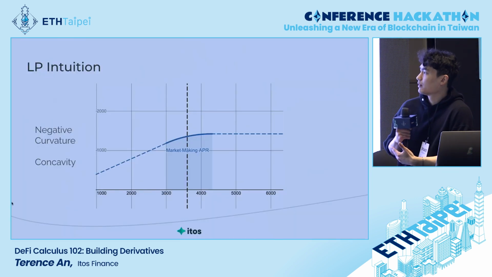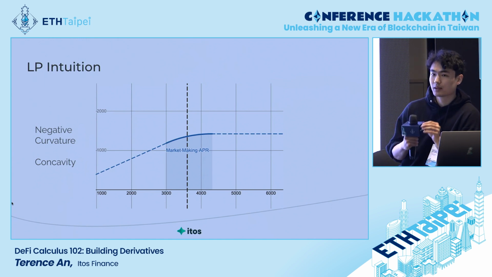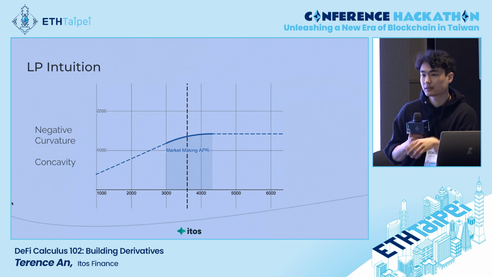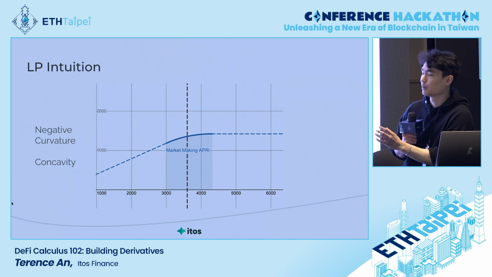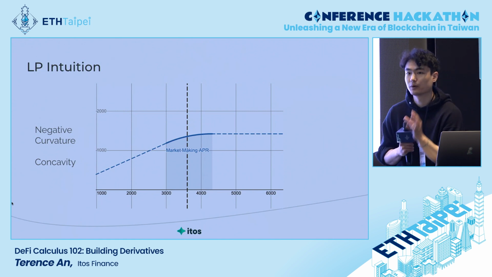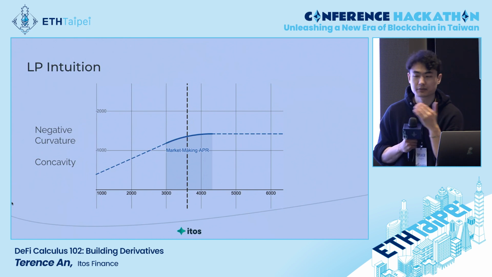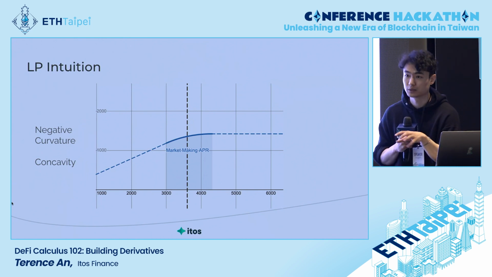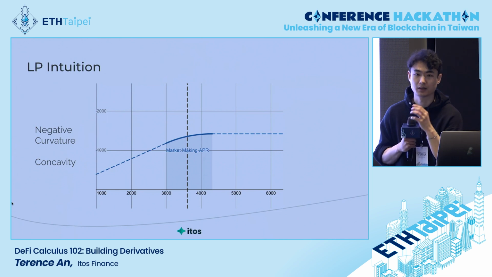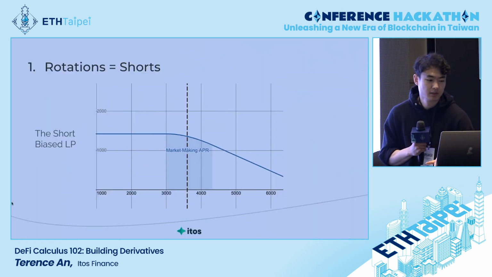Before we move on from this, though, I do want to mention one property, that the capped upside comes from the negative curvature here, and we'll call that concavity. And one fundamental property of all finance, doesn't matter if it's DeFi or TradFi, is the moment you have negative concavity, you earn fees. Negative gamma, they might call it a billion different things, but there is fee earning or yield whenever you have negative curvature.